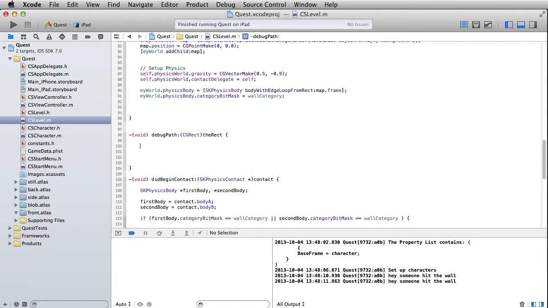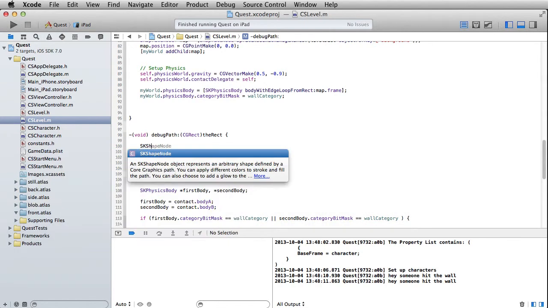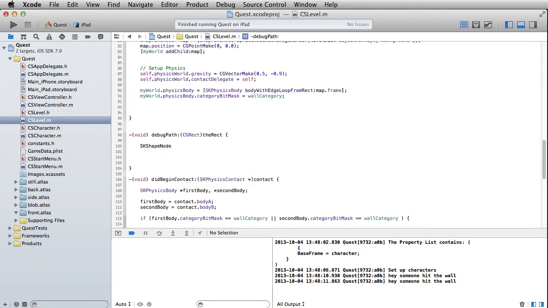And let's put in SK shape node. And as you can see here, this little prompt says an object represents an arbitrary shape defined by a Core Graphics path. So that's where the path comes in that method name. You can apply different colors, a stroke to it, whatever. So that's exactly what we're going to do. And I'm going to say path shape. This is going to equal